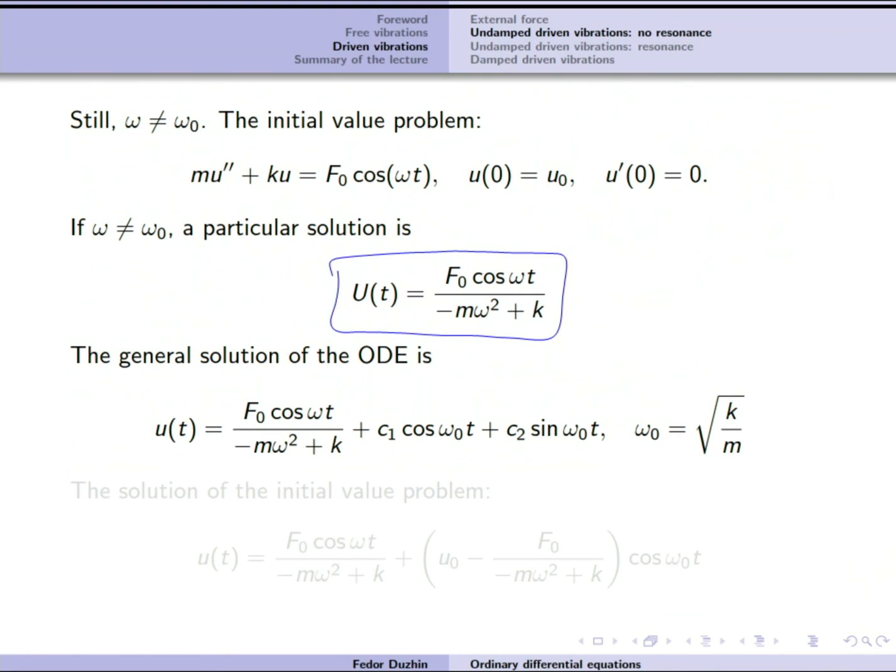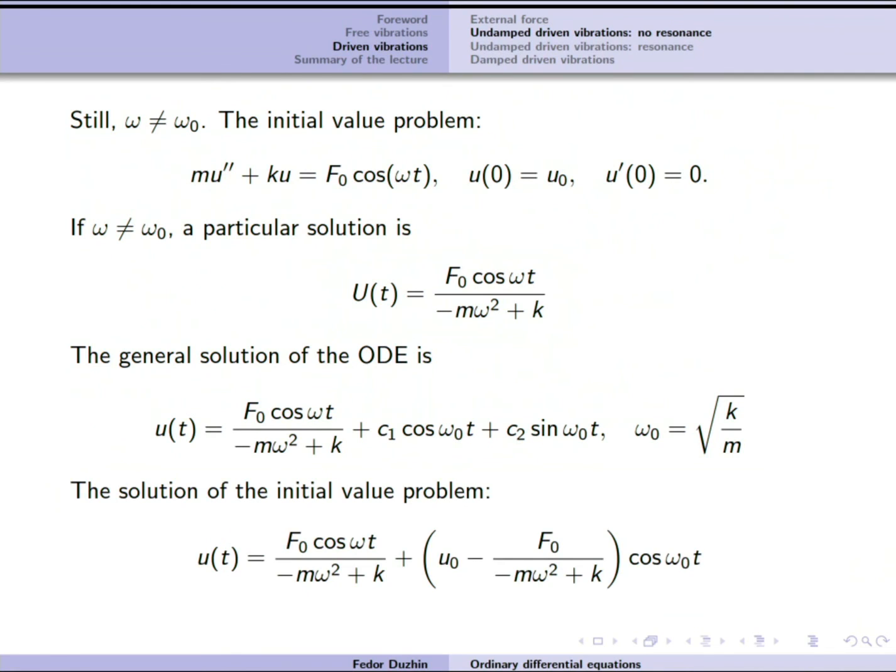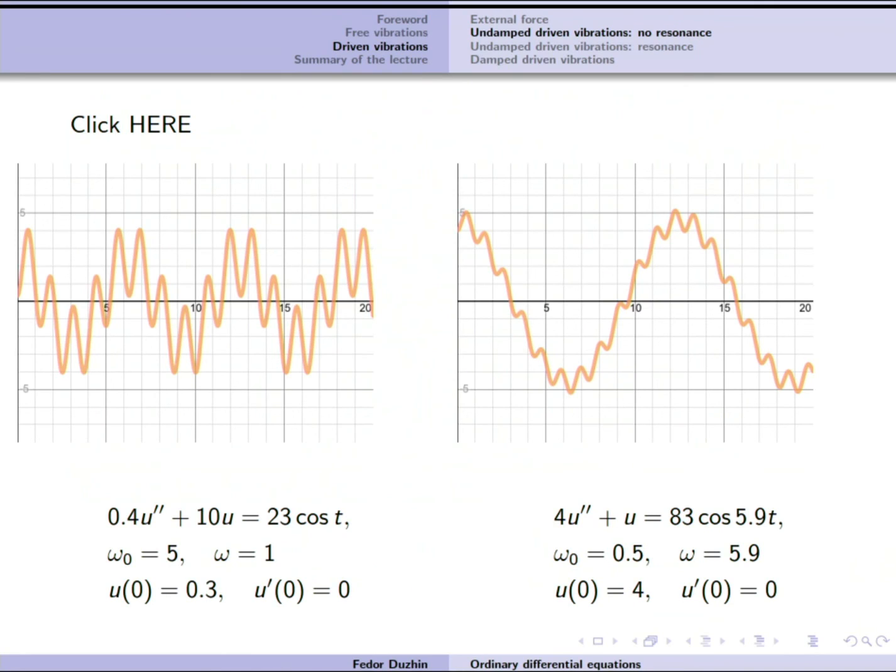And then we have our general solution of the ODE. Again, you can try to see that the solution of the initial value problem is given by this formula. Finally, if you want, you can play. I made a simple animation for you in the Desmos calculator, so you can click here and